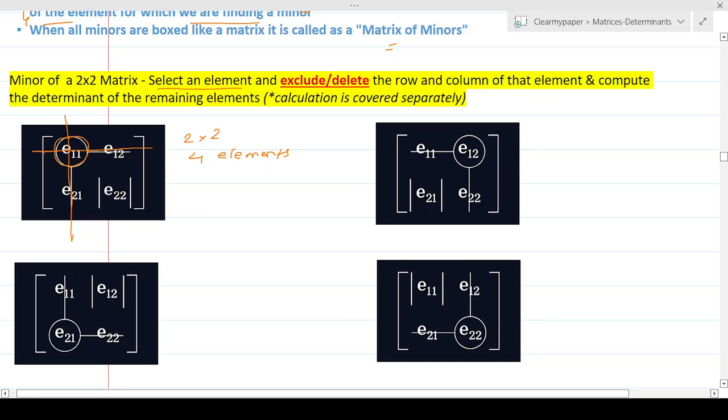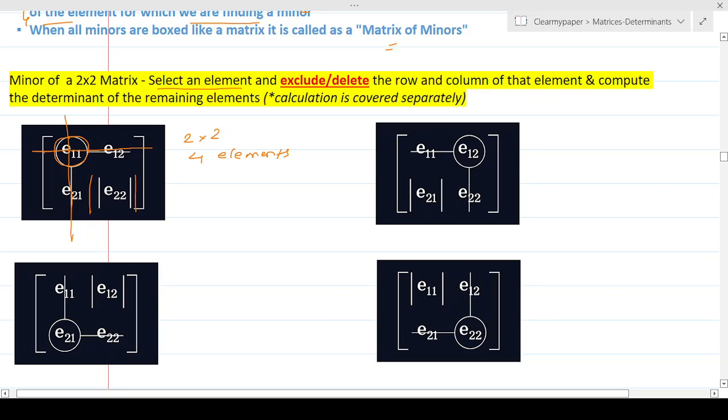So in this case, there's only one element remaining. In case of a higher order matrix, 3 by 3, there'll be more elements, which we will see in a minute. So whatever is remaining, I'm going to compute the determinant. If you see that these are 2 vertical lines, that means I'm going to compute the determinant of this. And that determinant, the number that's going to come, it could be 0, it could be positive, it could be negative, like we have seen. That number is the minor of this element that you excluded to start with.